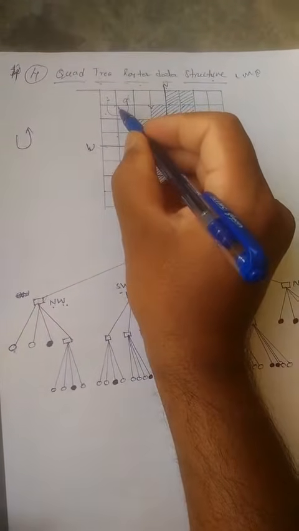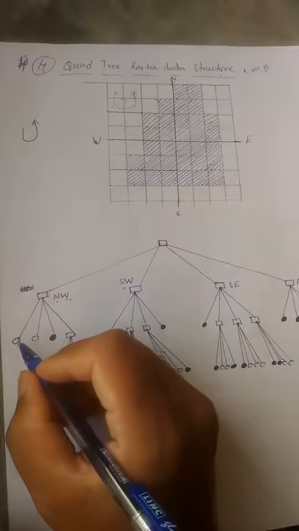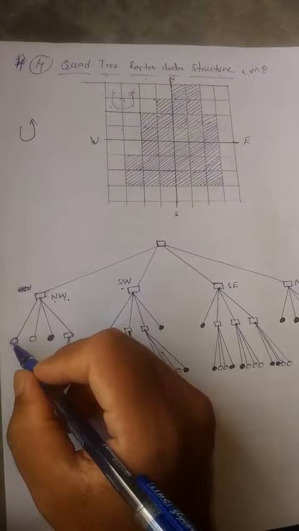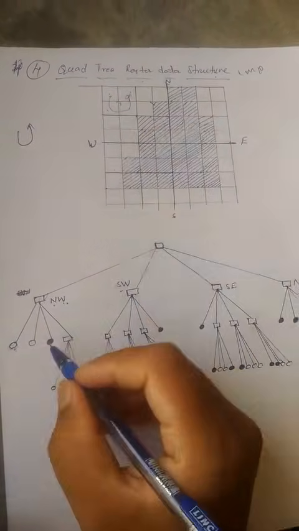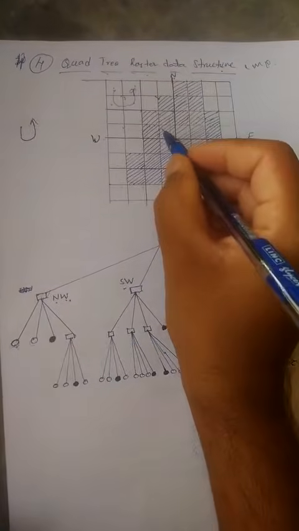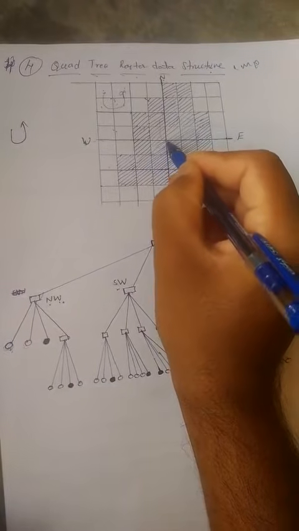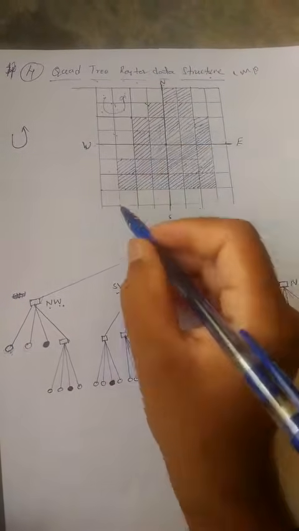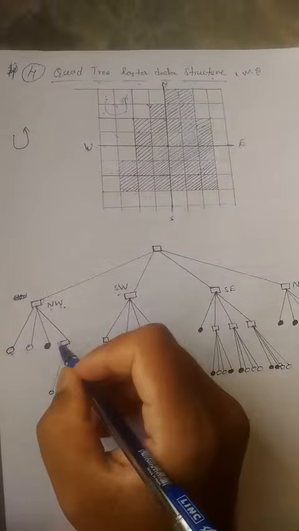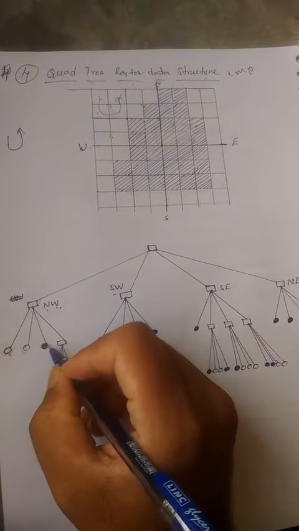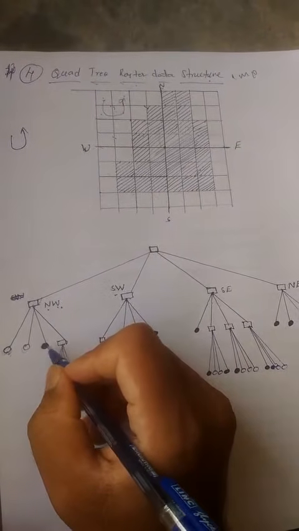In the first one, no boundaries are shared here. That is the reason why it will be 0, an empty one. If you take the second one, it is also not sharing any boundaries. That is the reason why it is also 0. If you take the third one, 1 2 3, because northwest is up to here, this area is totally sharing the boundaries. That is the reason why we represent it as a dark circle. This means it is storing the data completely.